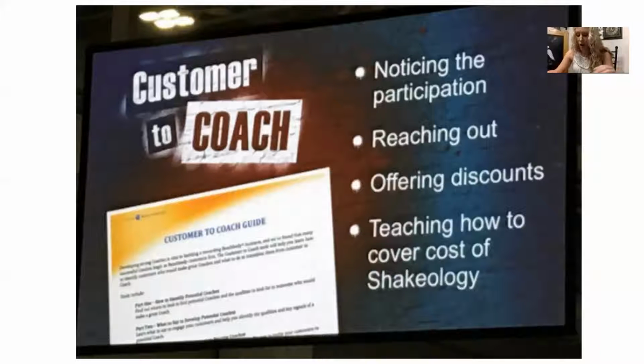For example, I have a customer and she's buying Shakeology every single month. She's bought it for the past 6 months and she's not on the coach discount plan. So what I say is, hey girl, I've noticed that you have bought Shakeology for the past 6 months and you're continuing on HD. I have a way that you can save $25 or more on your Shakeology a month. Would you be interested? Heck yeah, like who wouldn't want to save money?